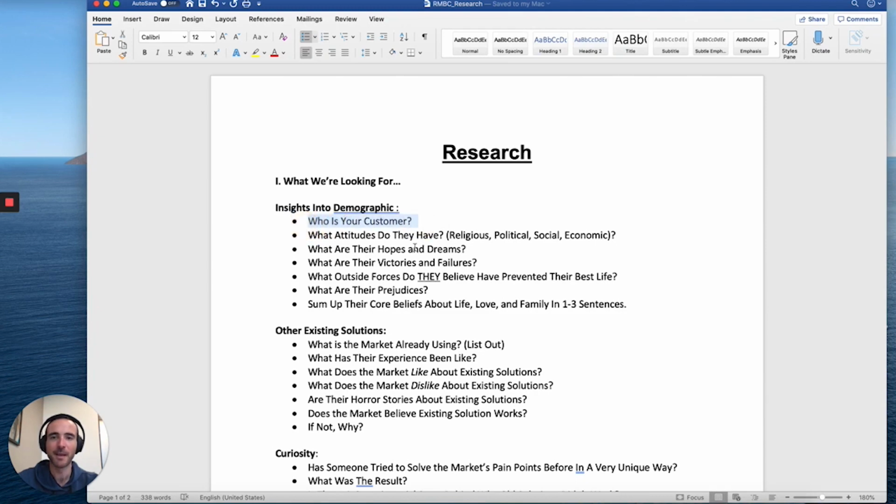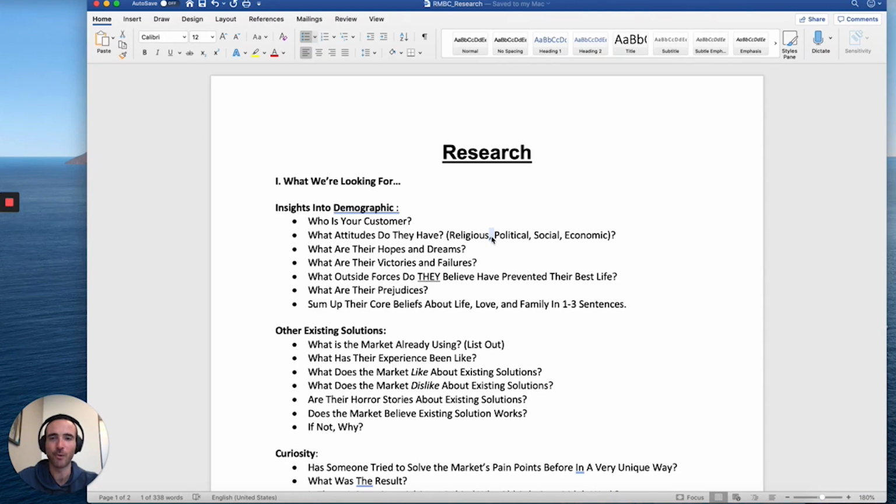But pretty basic, right? As far as what attitudes do they have, religious, political, social, economic, this stuff's really important because, for example, if your market is primarily Christian, then you should know that because the language you use is going to be geared towards other Christians. Or if they're Muslim or Jewish or whatever, it's worth noting that. And if it's a very broad market, if you're writing to a bunch of atheists, if you're writing to a bunch of